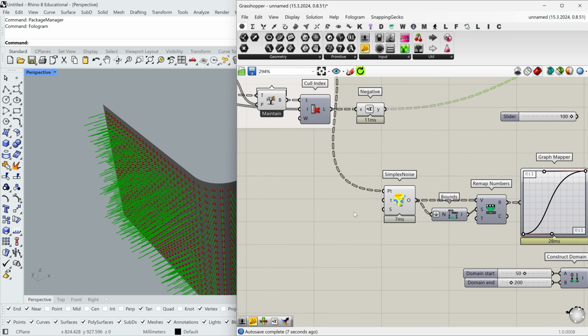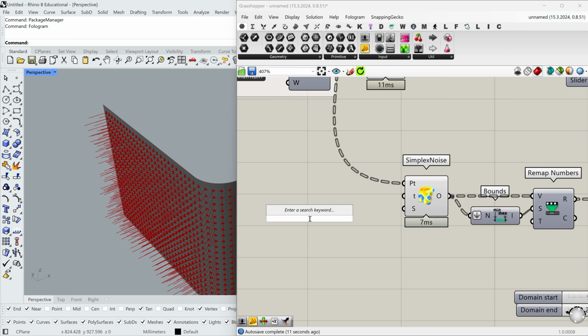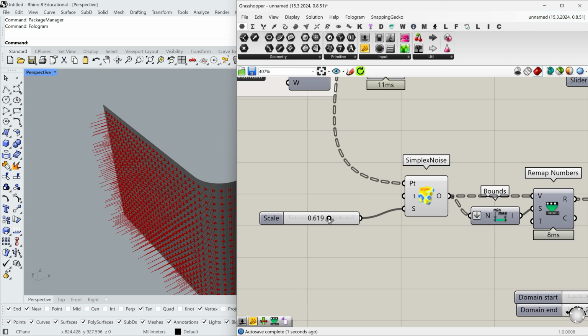And all I need to do here is to adjust the scale of the pattern of this noise. It probably has to be something really small for the simplex noise.